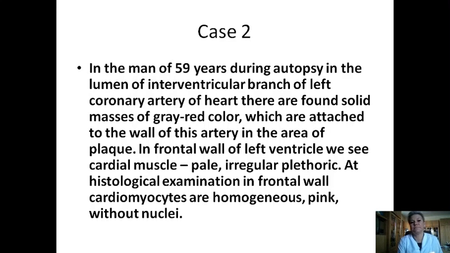The next case. Situation. Case number 2. In a man of 59 years, during autopsy, in the lumen of the interventricular branch of the left coronary artery of the heart, there are found solid masses of gray-red color, which are attached to the vessel wall in the area of plaque. In the frontal wall of the left ventricle, we see cardiac muscle pale,